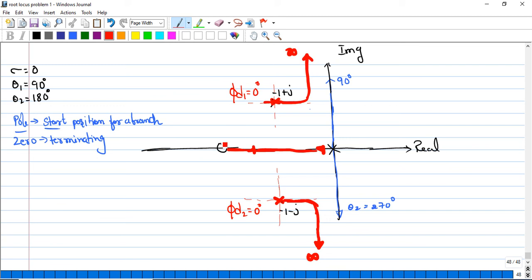Okay, so it's been done. We have drawn the complete root locus with the given data. So the centroid is 0 and there is no valid breakaway point, and departure is 0 and there is no intersection with the real axis. So this will be our root locus.